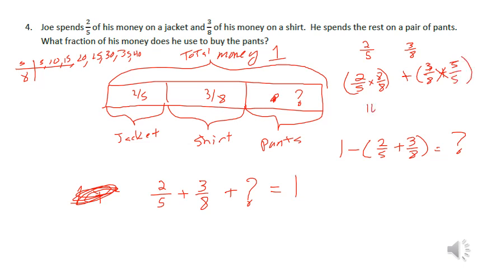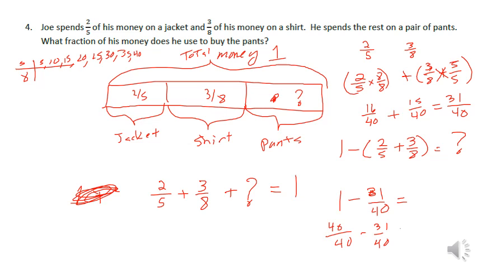So that gives us 16/40 plus 15/40, which is going to give us 31/40. So now we know 1 minus 31/40 equals what our pants are. And 1 can be written as 40/40 minus 31/40 equals